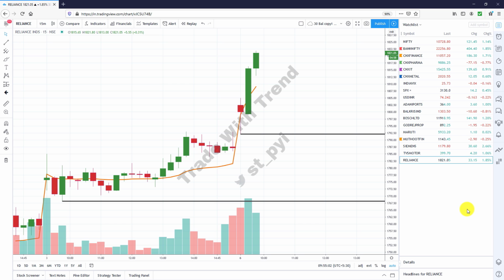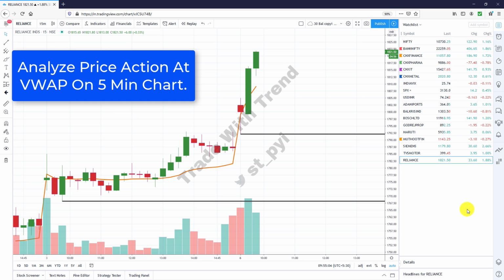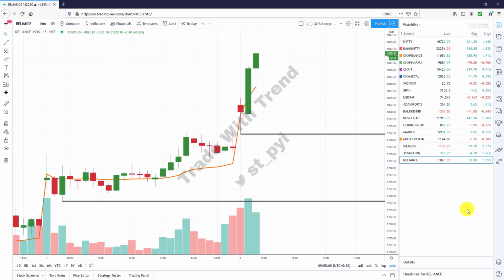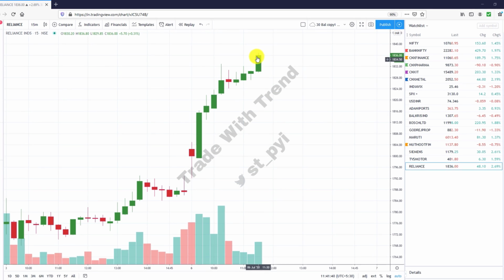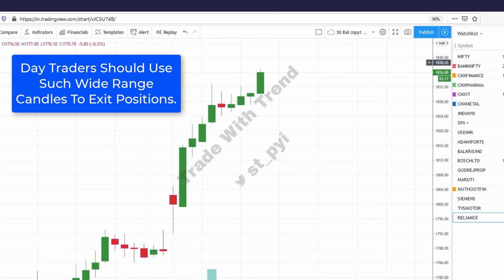I currently have a 15-minute time frame chart open. I'm also tracking Grasim Industries very closely. I do feel an entry opportunity would be in the offing in Grasim Industries very soon. I'm just tracking some of the volume activity over there as well. I'll again update that once I finish the video. So currently price is at 1836, and look at this candle, again a fresh day's high.